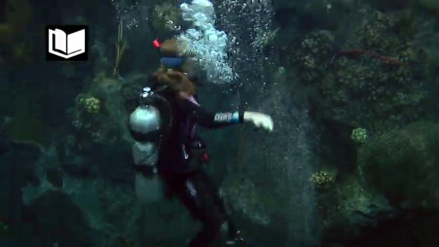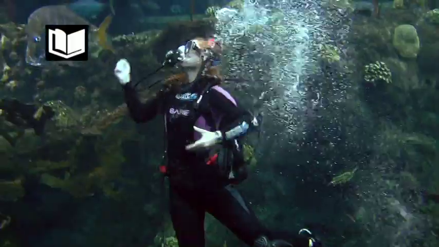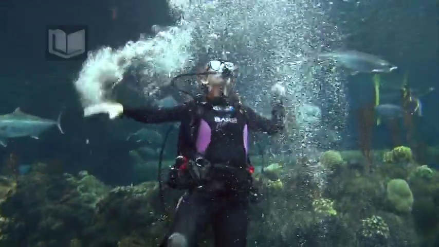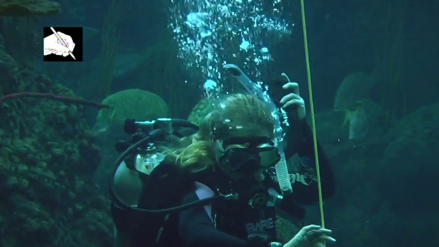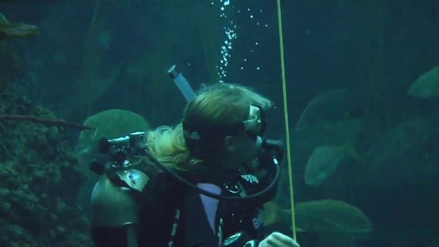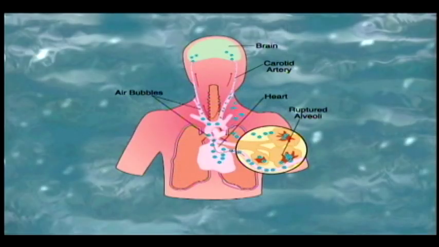This type of accident most commonly occurs when divers panic and make a rapid ascent holding their breath. As long as you breathe normally during ascent, there is little danger of suffering lung overexpansion. The most serious result of lung overexpansion injury is an air embolism or arterial gas embolism. The greatest danger in this situation is that a plug of air will block the flow of oxygen to the brain. An air embolism can cause unconsciousness, paralysis, brain damage, even death. It's one of the most serious of all the diving accidents.